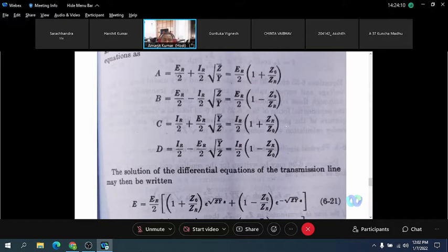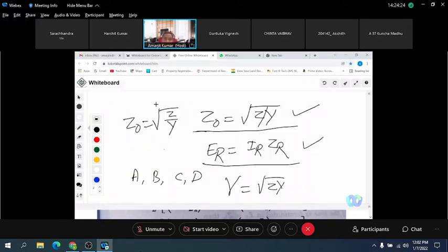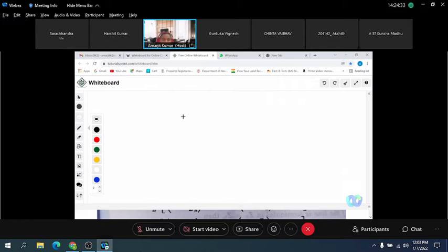You solve this for linear equation. Okay, so A, B, C, D can be calculated. So what will be voltage and current? The voltage and current will be equal to E is equal to plus. Put value of A and B. So what is A and B? A is equal to